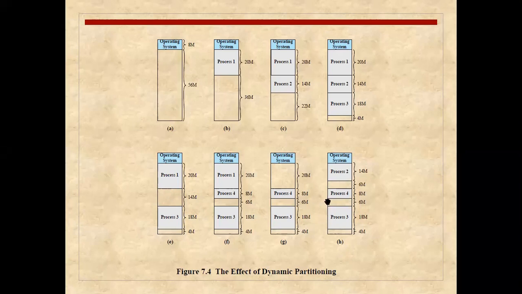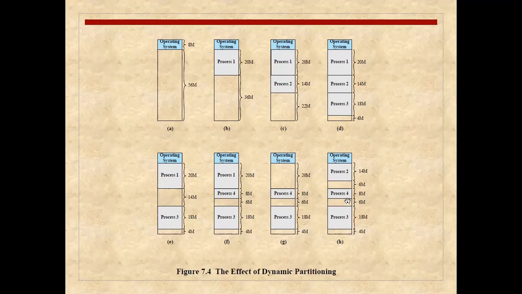At the same time, if we are having so many free blocks, like a 6 MB block here, a 6 MB block here, again a 4 MB block there, 12 plus 4, that is 16 MB is now free. But if you are having a 16 MB process, you cannot accommodate that 16 MB process now in your RAM, because you are not having contiguous memory locations for a new process.